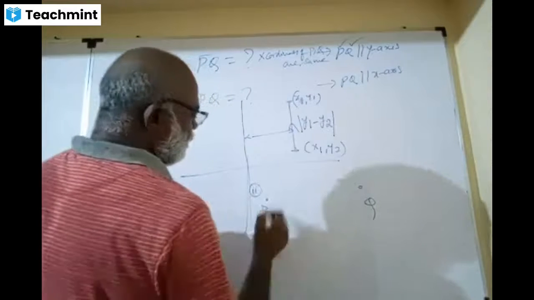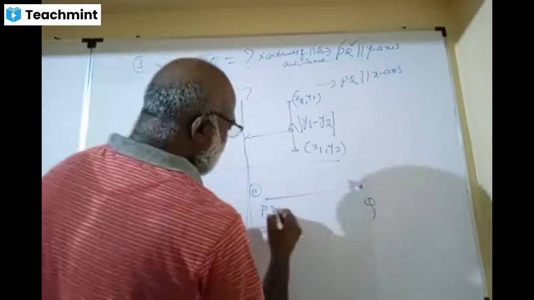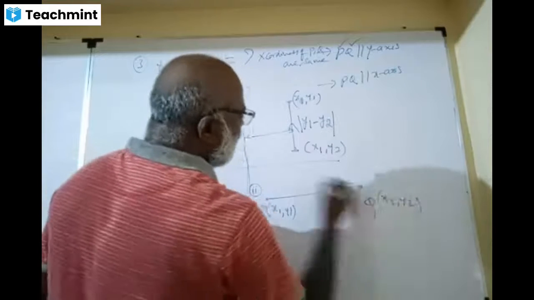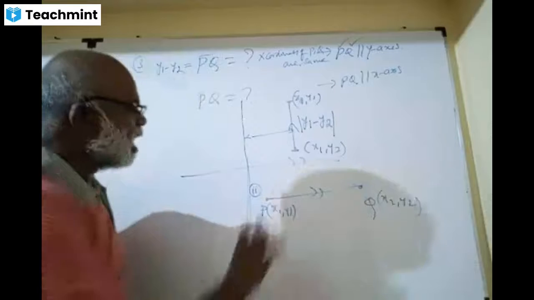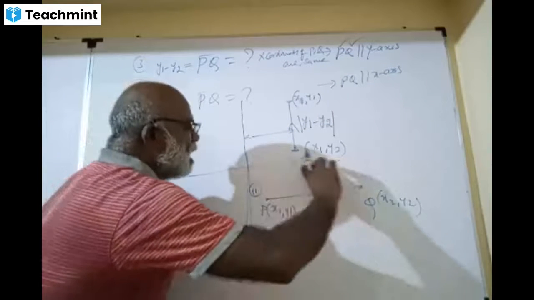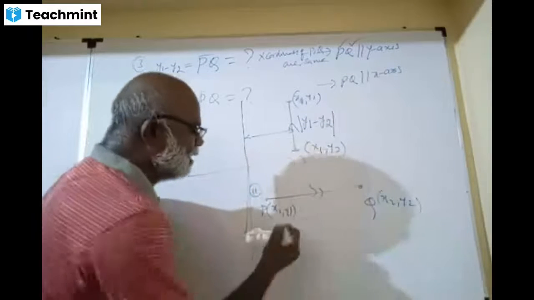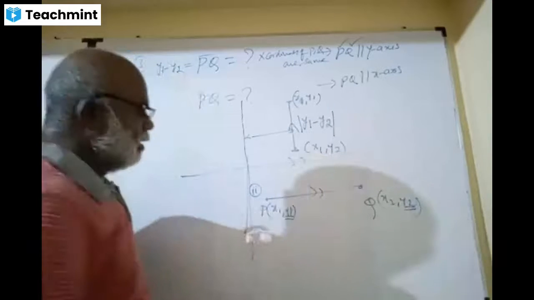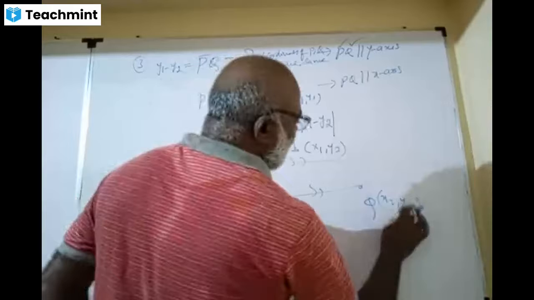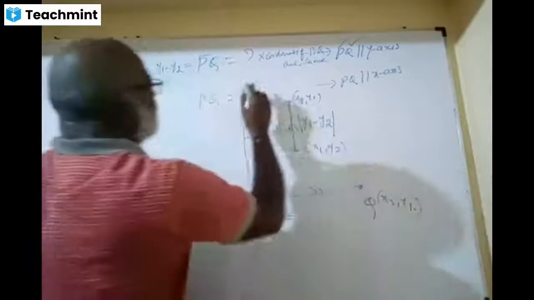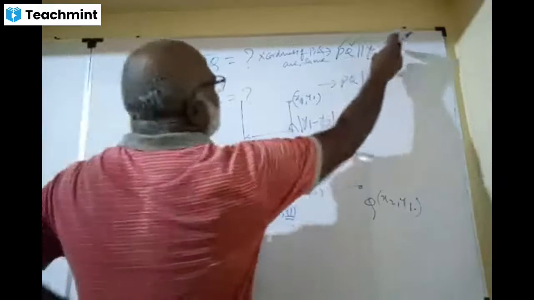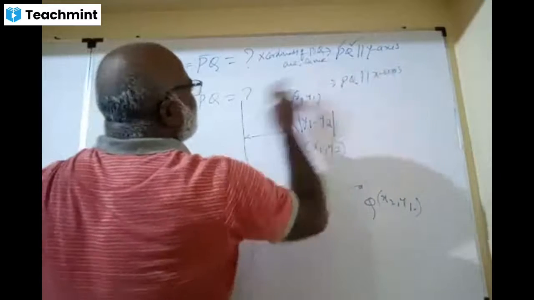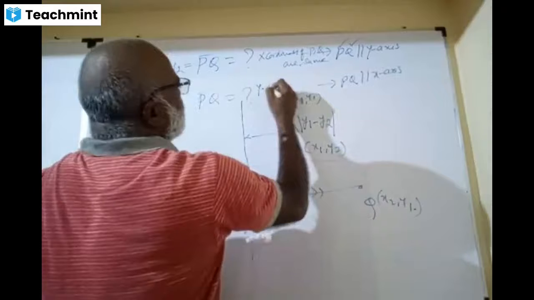Second question. So tell me, this is called x1, y1 and x2, y2. If it is parallel to x-axis, what is constant? The height is constant. Now, what is same? x1, y1, x2, y1. So y coordinates are same. Parallel to y-axis, x coordinates are same. Parallel to x-axis, y coordinates are same.